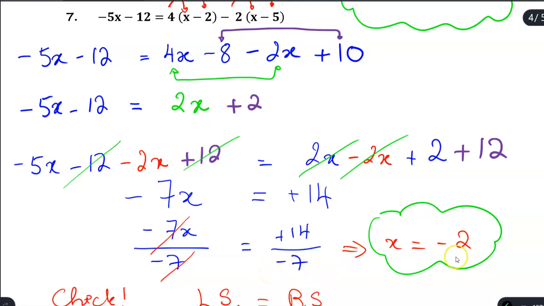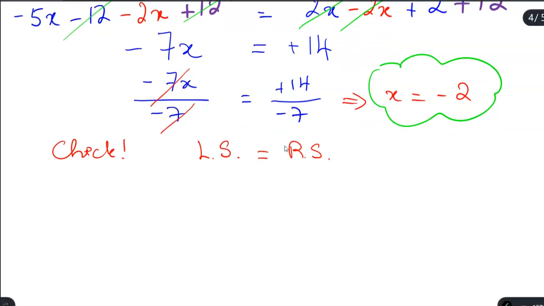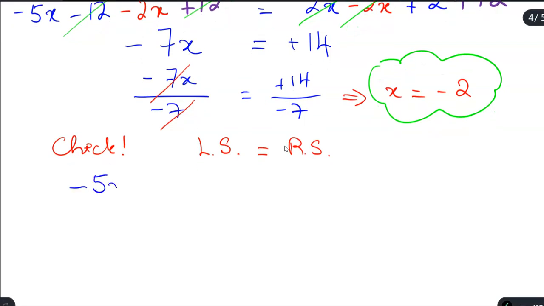Because what happens if we make an error? That means we use our error to check another error. Okay, so therefore, it's always mandatory that you must substitute the solution of x into the original equation. So I want to make sure that I write the original equation correctly. Okay, the original equation should be negative 5x subtract 12 equal to 4 times x minus 2